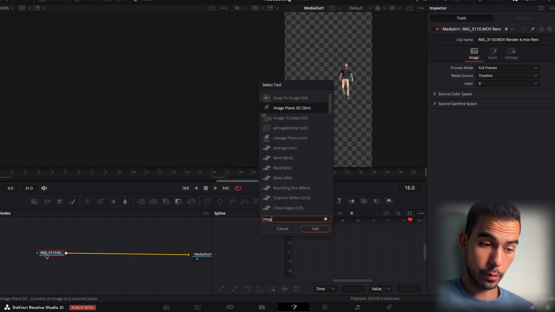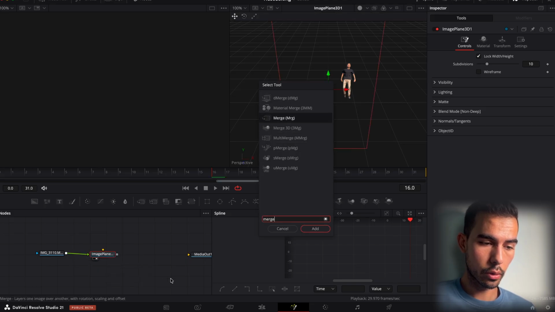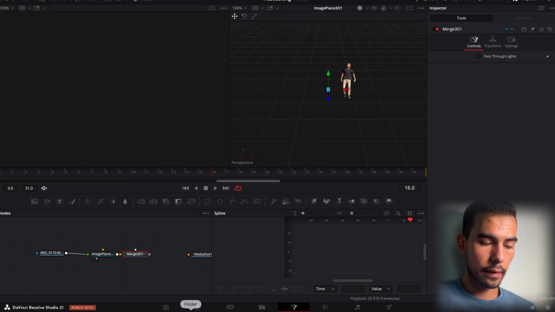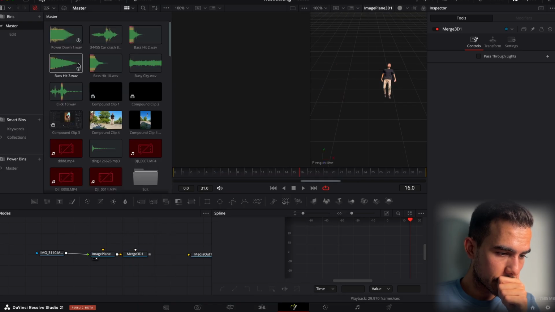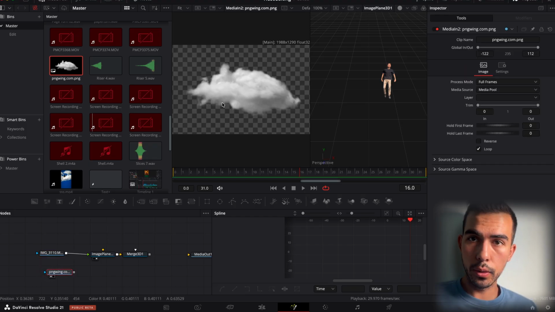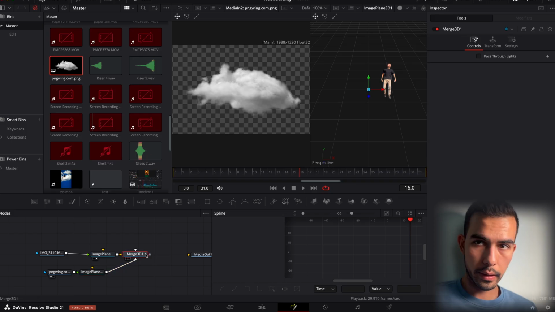Okay, add an image plane. So this makes it 3D. Disconnect this output and connect a 3D merge. Then find a cloud PNG. I think I have a cloud PNG here. Are you here? Yep, right here. So this is 2D. Add an image plane and connect these